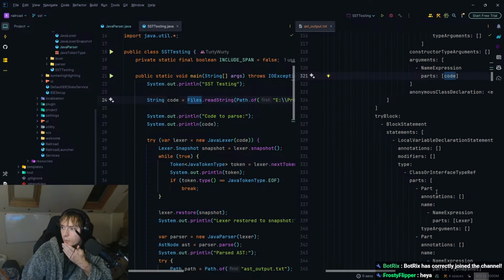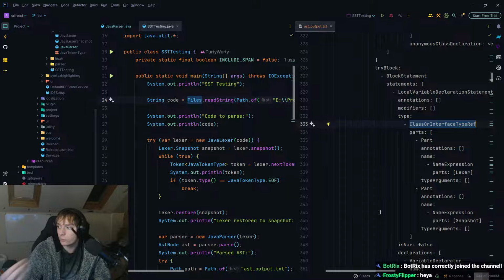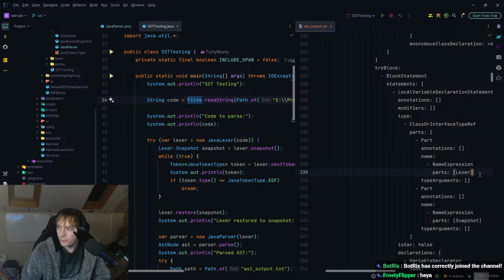Okay, then in the try block, we have a local variable declaration statement. No, it's a local variable declaration where the type has two parts. Yeah, so there's two parts to the type. Okay, yeah, that's correct. These are both name expressions. It's kind of not true, but it also kind of is true, so I guess that's fine. So that's lexa.snapshot.